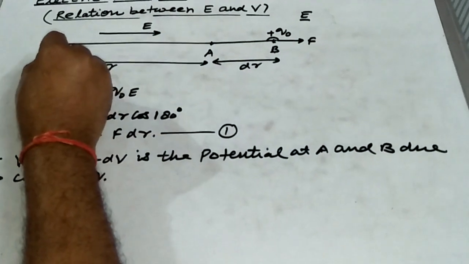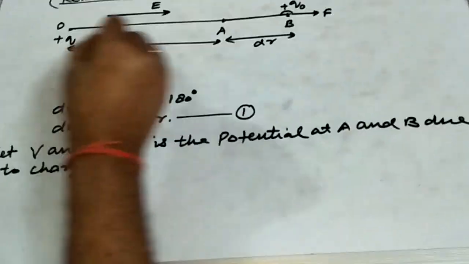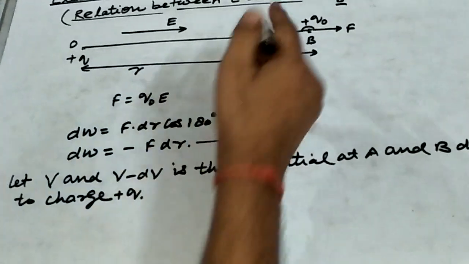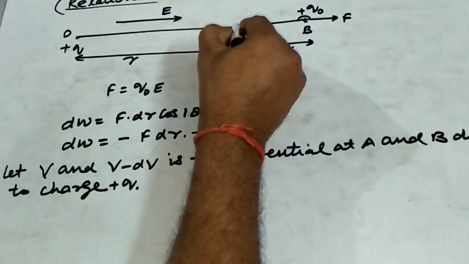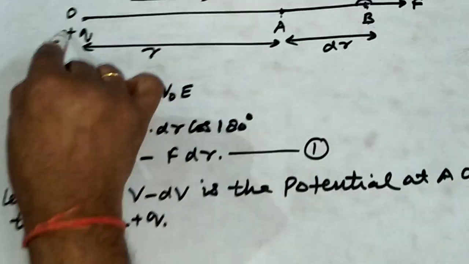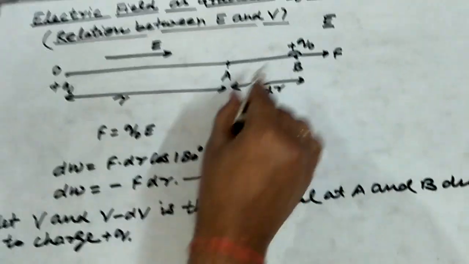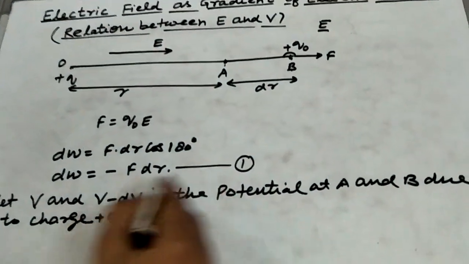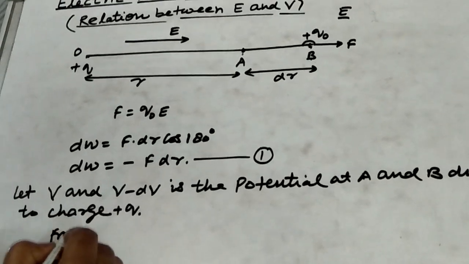So as we go away from the source charge, if the source charge is positive, then the electric potential decreases. So suppose at point B the potential is V minus dV. So from equation 1,